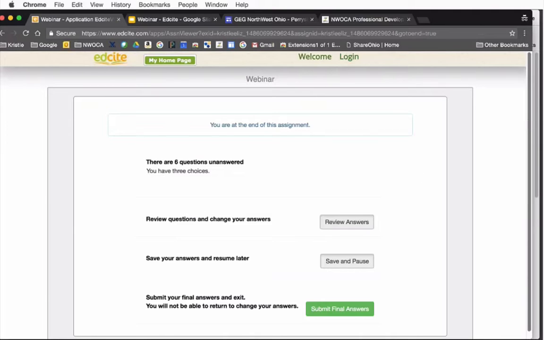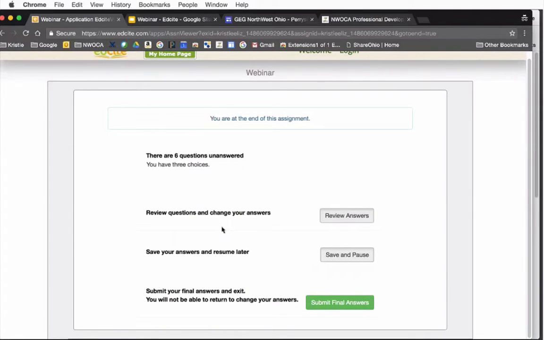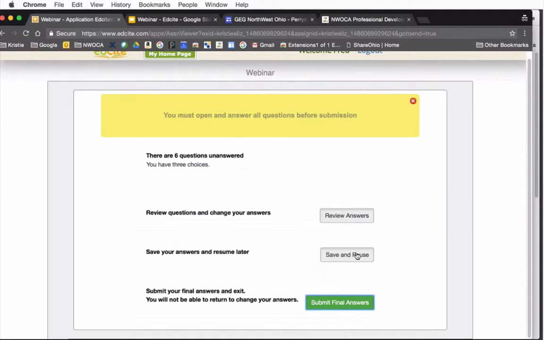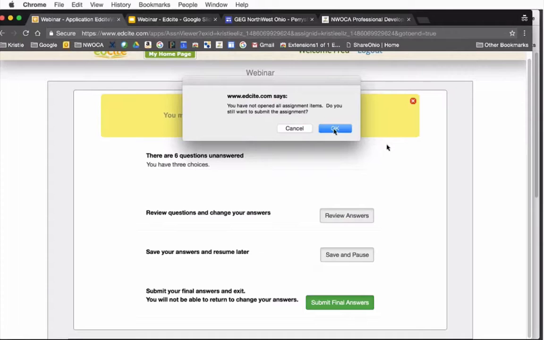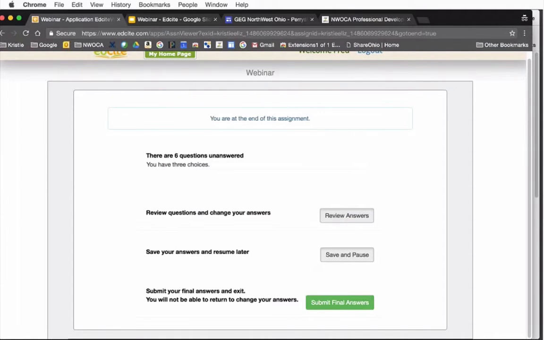And I love how it pulls up this page that says, hey, are you sure? You have 6 questions unanswered. You have 3 choices. Do you want to review your answers? Do you want to save and pause, or do you want to go ahead and submit? So again, for the sake of time, we're just going to, it's not going to allow me to do it. All right, that's okay. I'll just go back to another assignment that I already have for